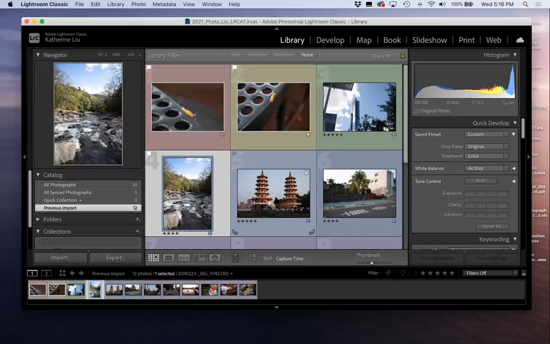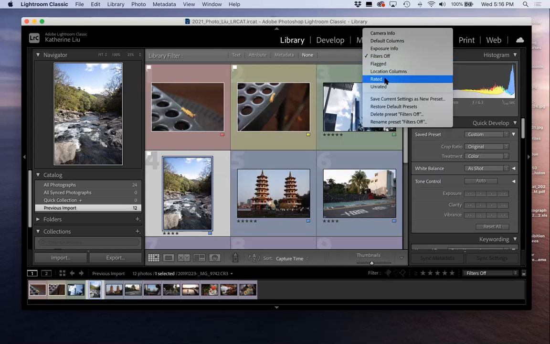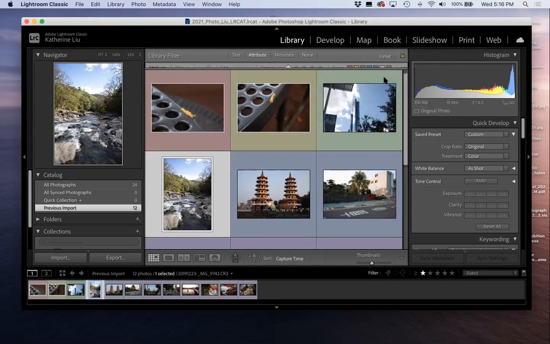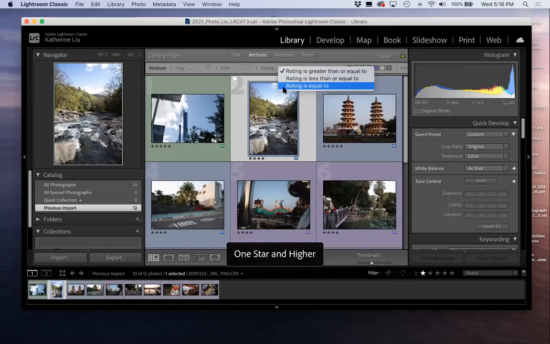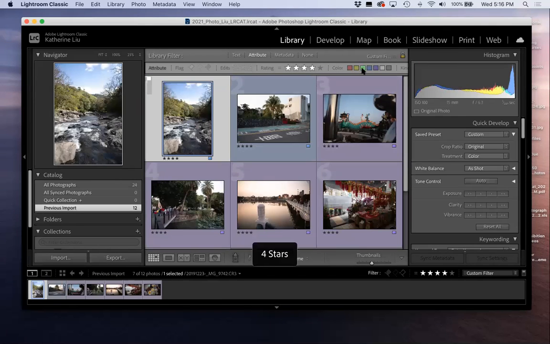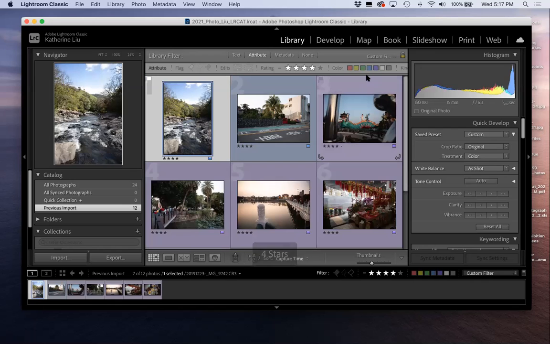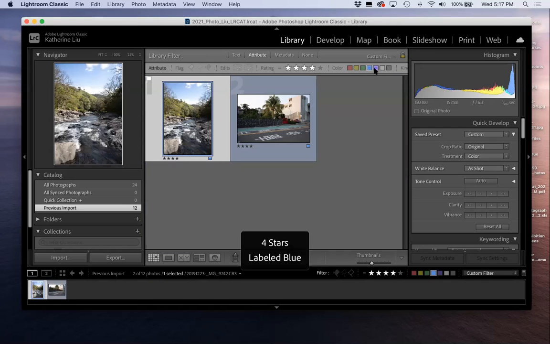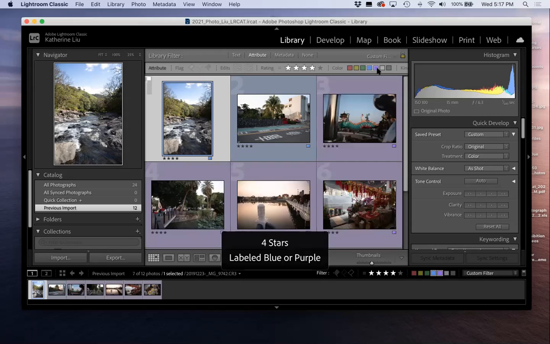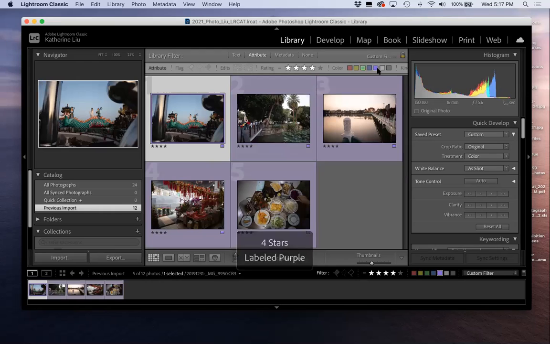So this is your last step if you want to mark an image that you want to bring into something later. What you would do is go to filters and go to rate it again. And now when you go to rating is equal to, if I go to 4s, I can see just my blue images by hitting that blue. I have to turn that off to see the images again. Or you could keep it active and you could see purple. But if you want to just keep it to purple, you want to turn the blue off. So just be aware of clicking these on and off if you want to see certain images